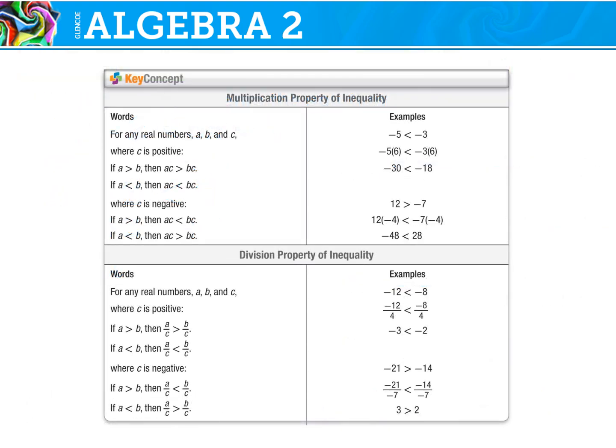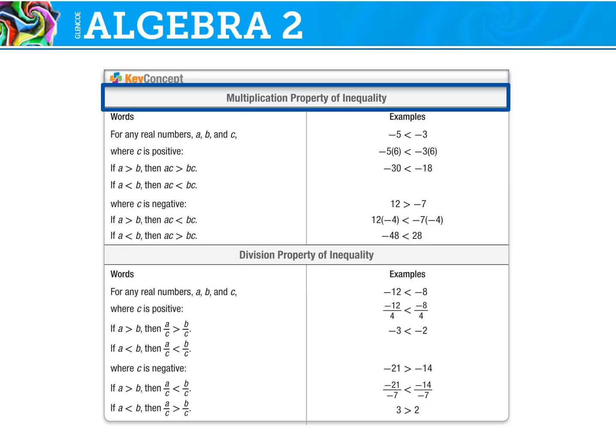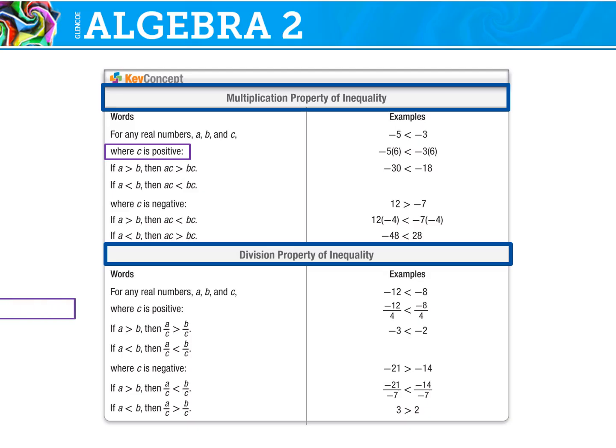So now we have the multiplication property of inequality and the division property of inequality. The rules are very much the same, but it depends on the sign of C. If C is positive, if A is greater than B, then if you multiply both sides by a positive number, then AC is greater than BC. Same thing with the less than. Same thing with division. If you're dividing both sides by a positive number, it's when it's negative that things have